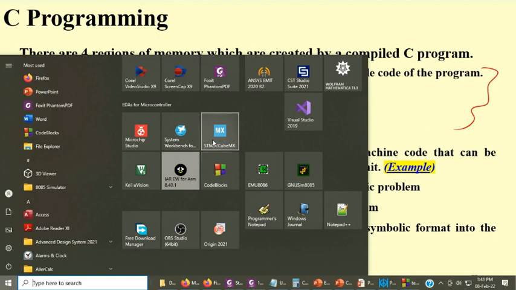Most commonly used software are Keil and IAR. You will find that the assembly code generated by IAR and the assembly code generated by Keil are two different codes. If you check the assembly code, you will find they are using two different assembly codes.